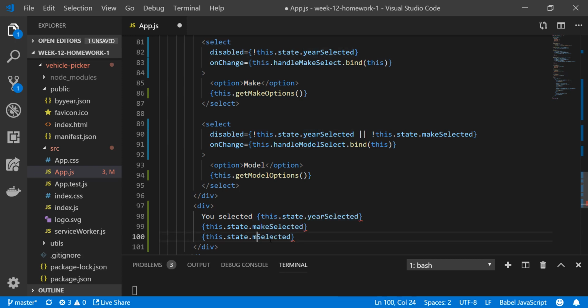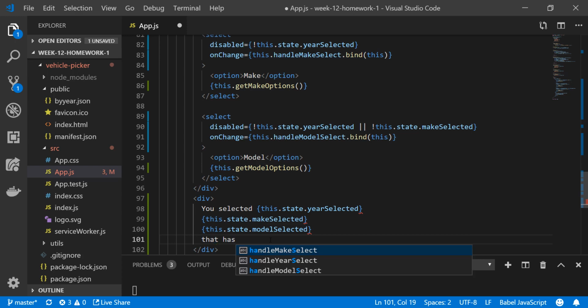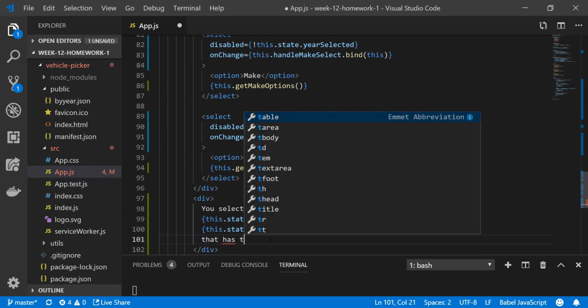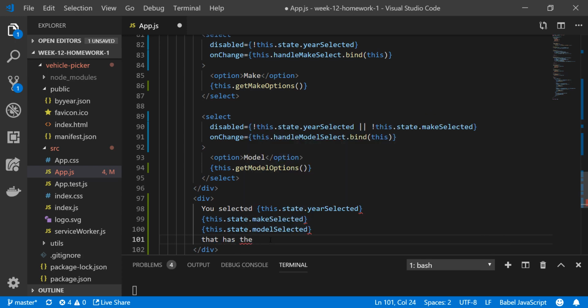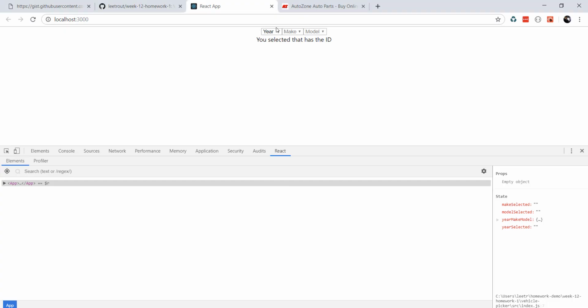And finally, the model selected that has the ID. This will stay to model selected. So there's a few things we're going to have to change, but let's plug this in. This will change. So you selected